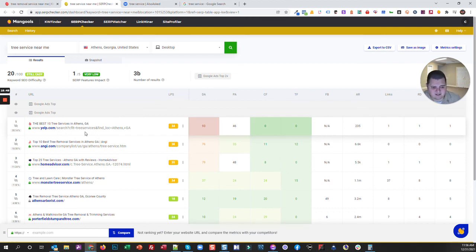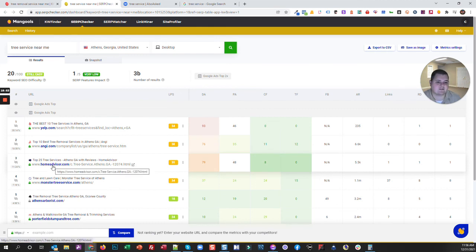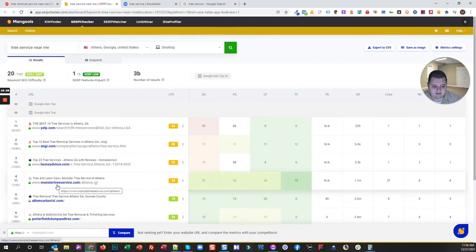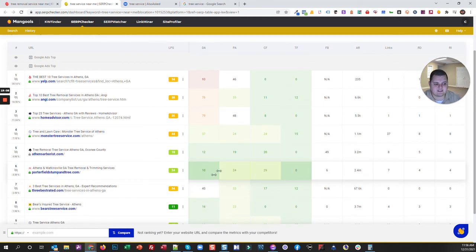Just like we mentioned, Yelp, Angie's List, Home Advisor, those are not tree removal services in Athens, Georgia. Monster Tree Service, Athens Arborist, Porterfield Stump, they are. Monster Tree Service is a franchise. They're a really big tree company. They've got a 37. That one's going to be the hardest actual competitor to overcome, but take a look at how much easier it gets from there. So from there, we've got Athens Arborist, which is a 12, which is ranking, and